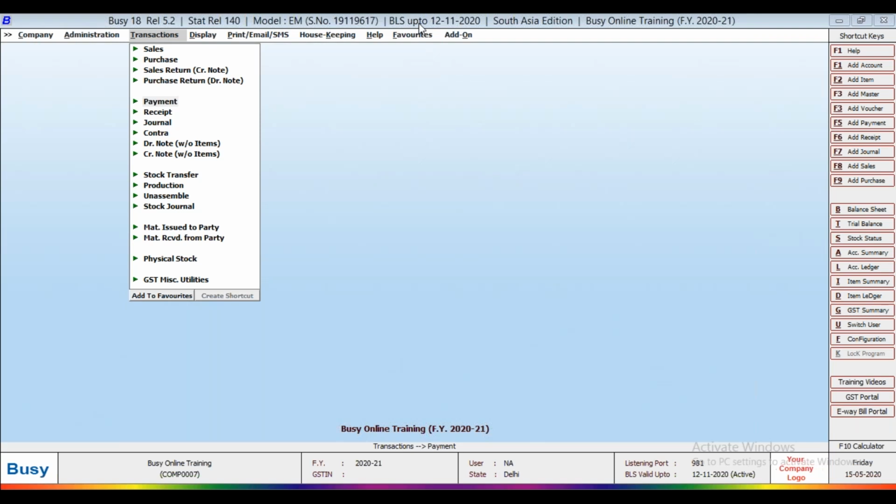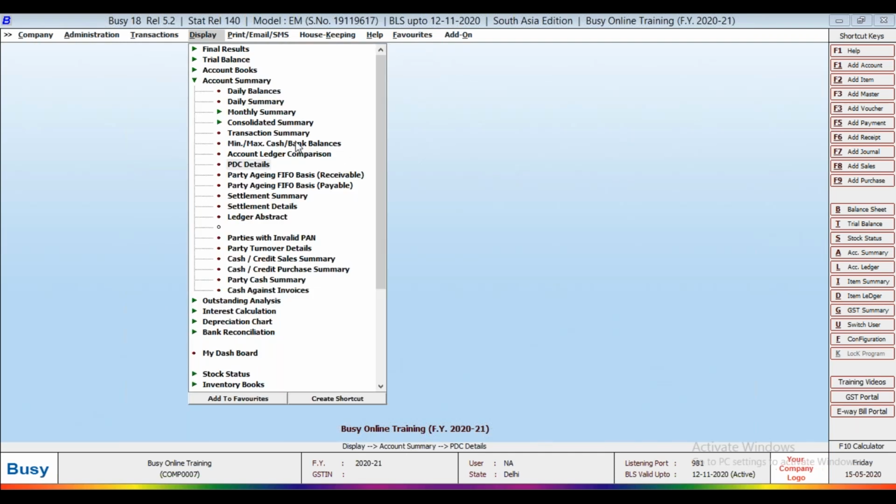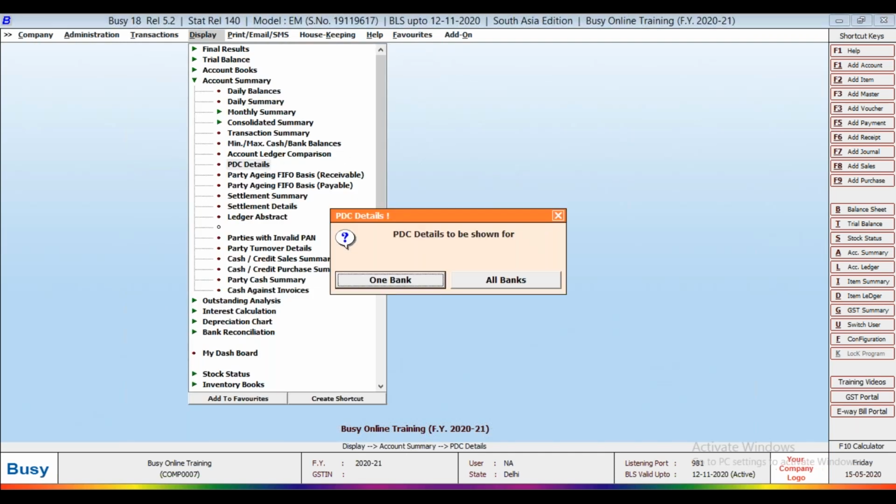Now, how can you see the reports? Display, account summary, PDC detail.